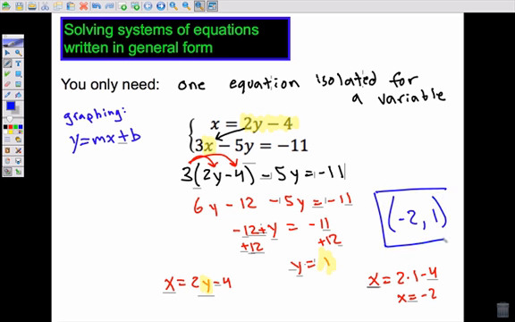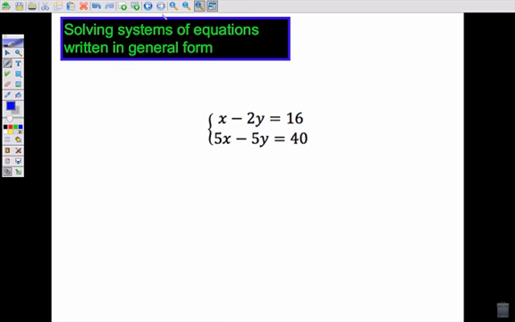Okay. If you're ready to go now, that's fine. Otherwise, there is one more example, because sometimes you won't already have one of the equations isolated for a variable. So let's look at an example where you don't have one of them isolated. If you look at both of these equations, we've got an x and a y on both sides. So first thing we need to do is isolate